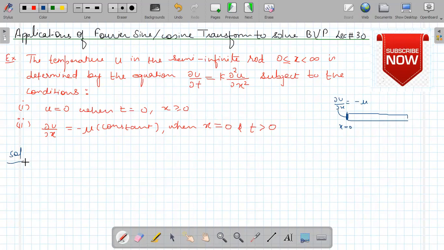We are given actually this condition, del U by del X is equal to minus mu. So we apply here the Fourier cosine transform, as I have discussed in my lecture number 29. Whenever we are given a derivative condition, we apply the Fourier cosine transform. So we apply Fourier cosine transform